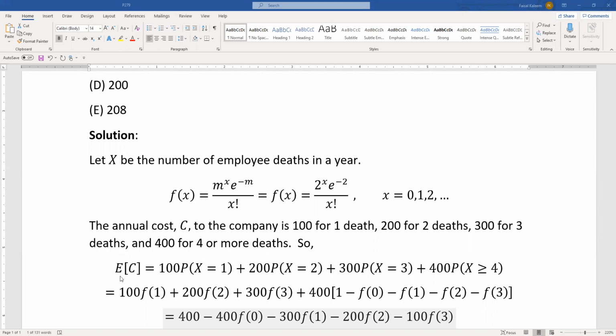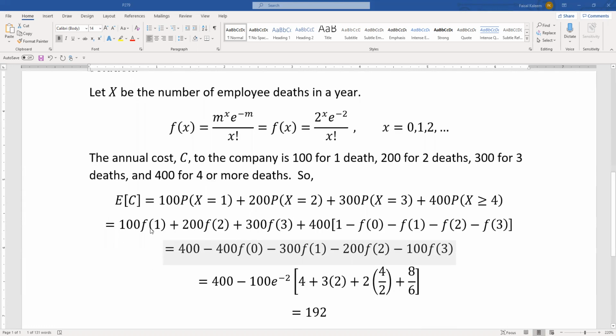Okay, so the expected value of the cost will be 100 times probability of 1 death, because 100 is paid when 1 death occurs, and it's 200 when 2 deaths occur, so 100 times probability X equals 1 plus 200 times probability X equals 2, and it would be 300 when 3 deaths occur, so 300 times probability of 3 deaths plus 400 times probability of 4 or more deaths. And now this means 100 f of 1, 200 f of 2, plus 300 f of 3, plus 400 times probability X greater than or equal to 4